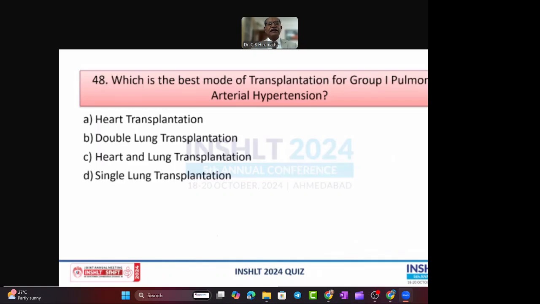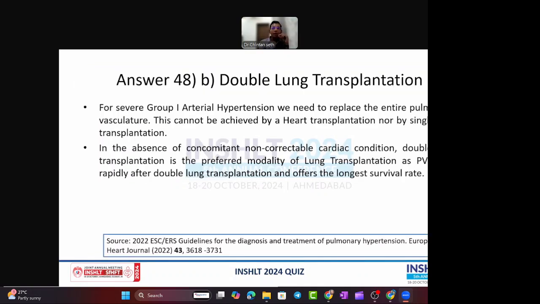Which is the best mode of transplantation for group 1 pulmonary artery hypertension? Yeah, so there are five groups of pulmonary artery hypertension. Group one is because of idiopathic or drug-induced pulmonary hypertension, and whenever there is pulmonary hypertension,